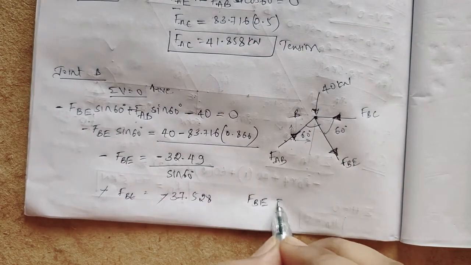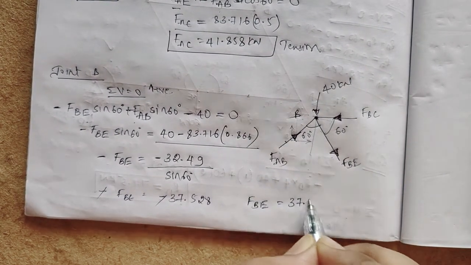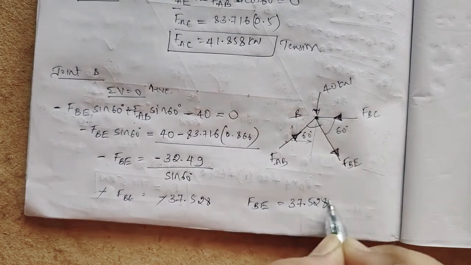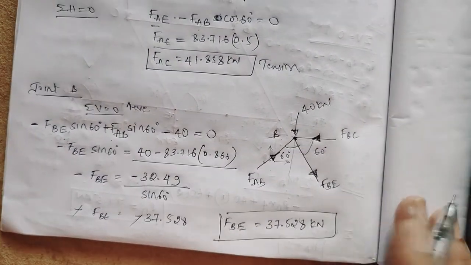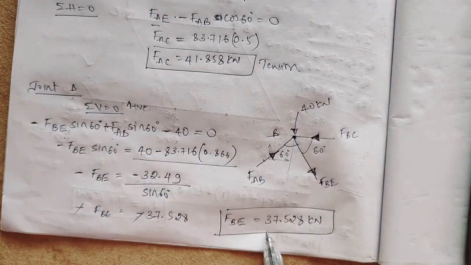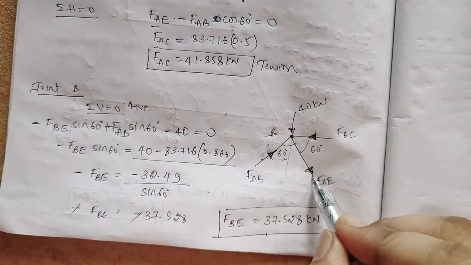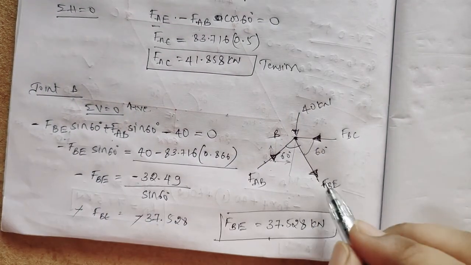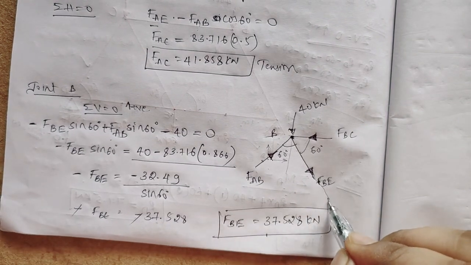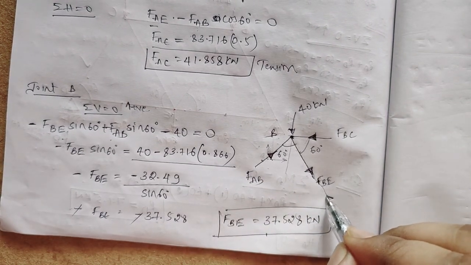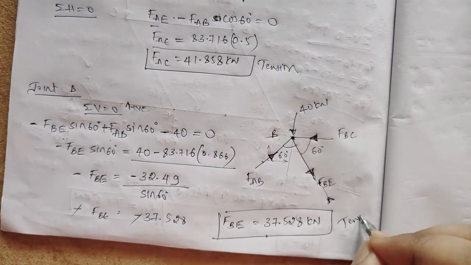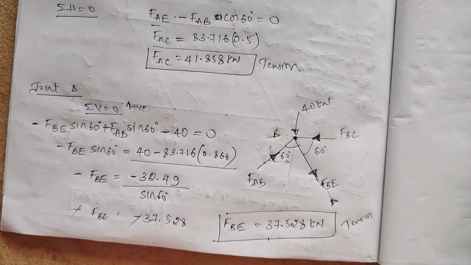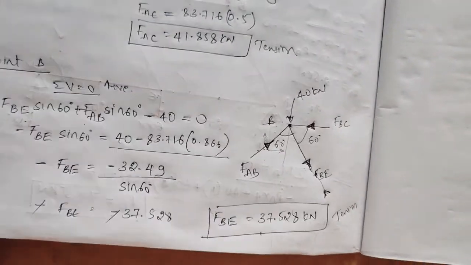FBE is equal to 37.528 kilonewton. This is the force FBE, so it is positive. So my assumption is correct. If this is FBE, then FEB will be like this. Two forces coming towards each other is nothing but tension. So with the same force, what I will do,